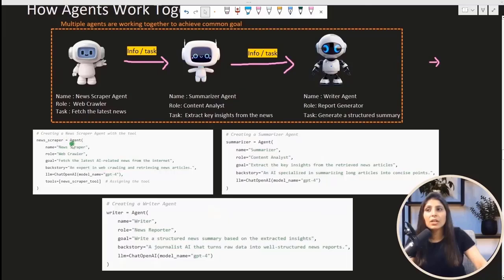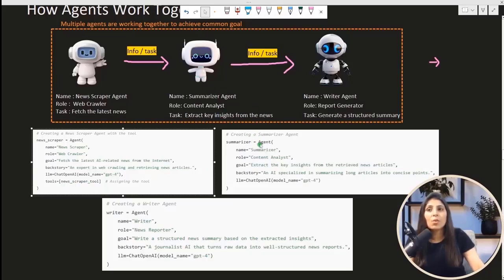You will write an agent and you will provide a name, role, goal, backstory, this LLM and tools. See, here we have provided the name of the tool. Which tool we are using here? News scrapper tool, because to get the news from the internet, we need some sort of tool which can fetch the data from the internet. So for that, this tool is getting used.